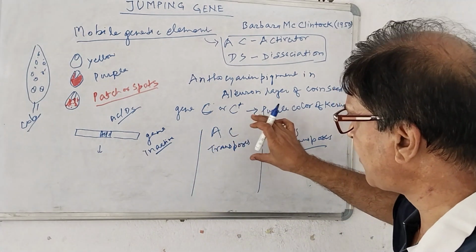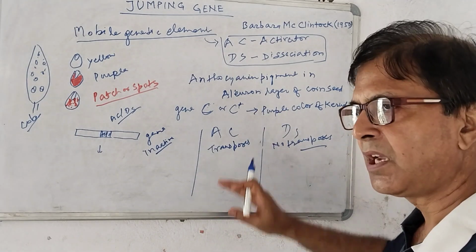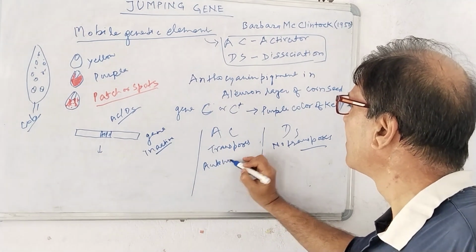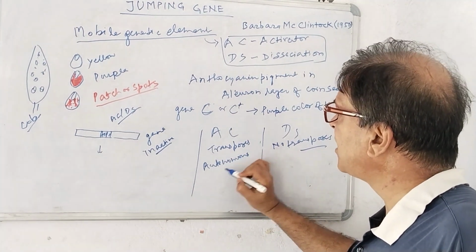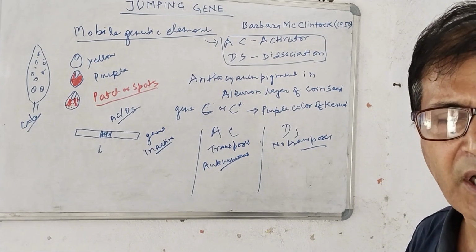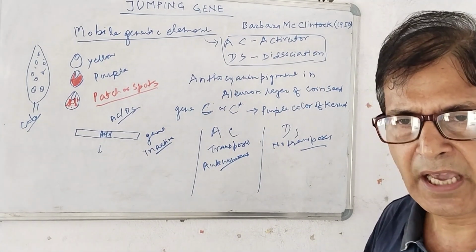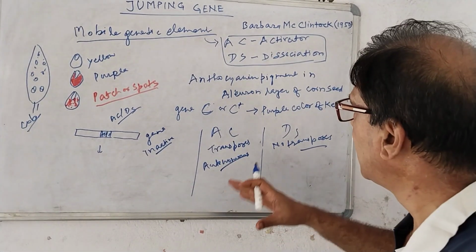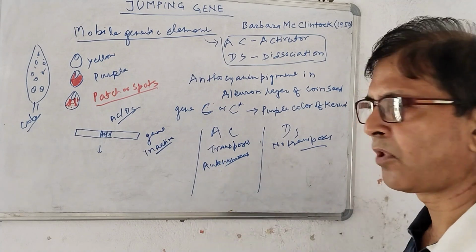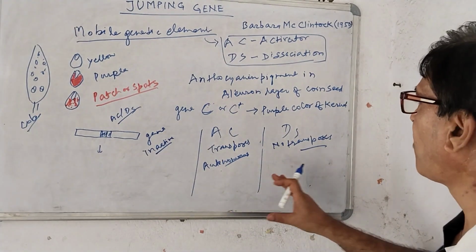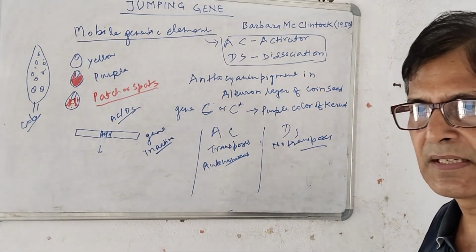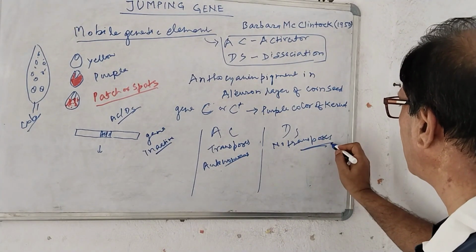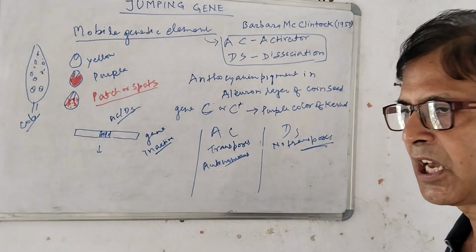Since AC can produce its own enzyme, it is autonomous. It is an autonomous transposon. It doesn't require any help from other genes for its movement. But DS has no transposase,